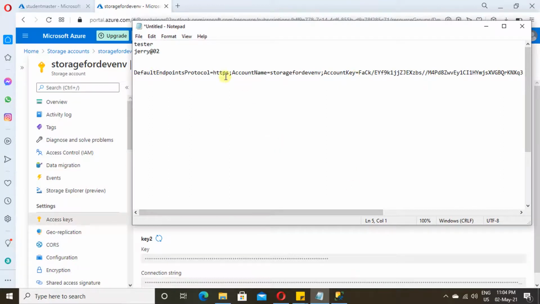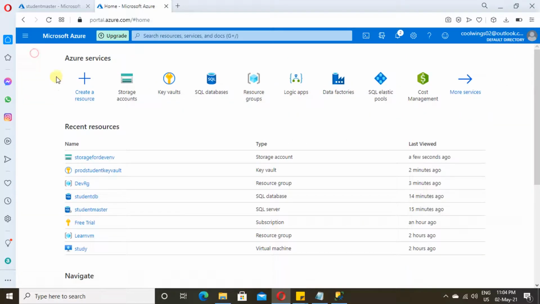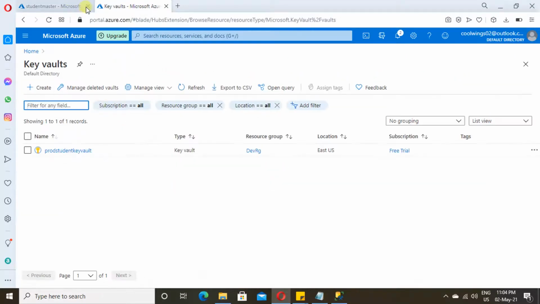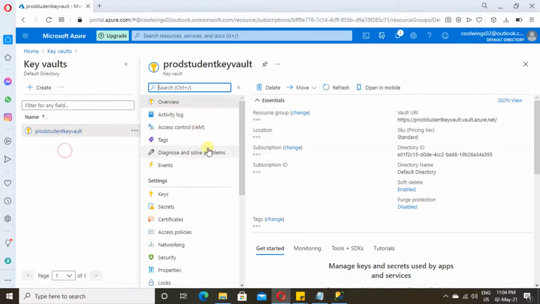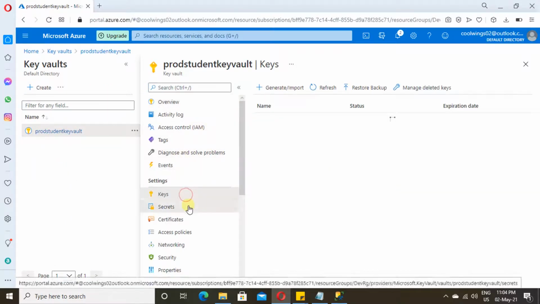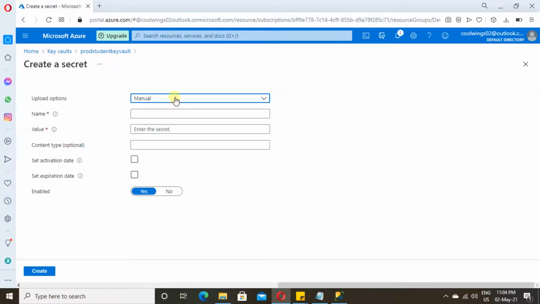Now let's get back to our Azure Key Vault. Just select this. This is the Key Vault we have created. I am selecting this, and under secrets we are going to save this. Just click on generate or import. I am providing upload type as manual and a secret name.